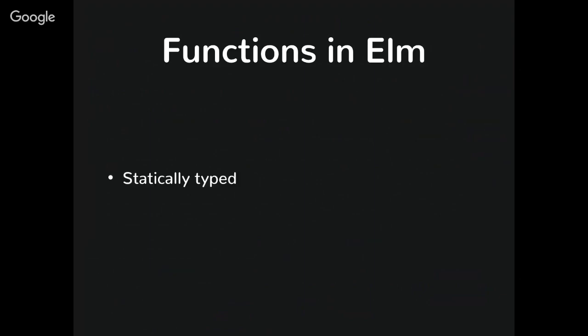So Elm is statically typed. And that's part of the reason we care about those type annotations. The compiler is actually going to tell us whether we get things right or wrong. And again, Elm is a purely functional language. And that means that the functions have no side effects. And this is just like in math. If you perform some sort of function in math, it's not going to turn on your lights at your house. It's not going to make a call to the database. Elm's not going to do that stuff either. You cannot control things from outside of the function.